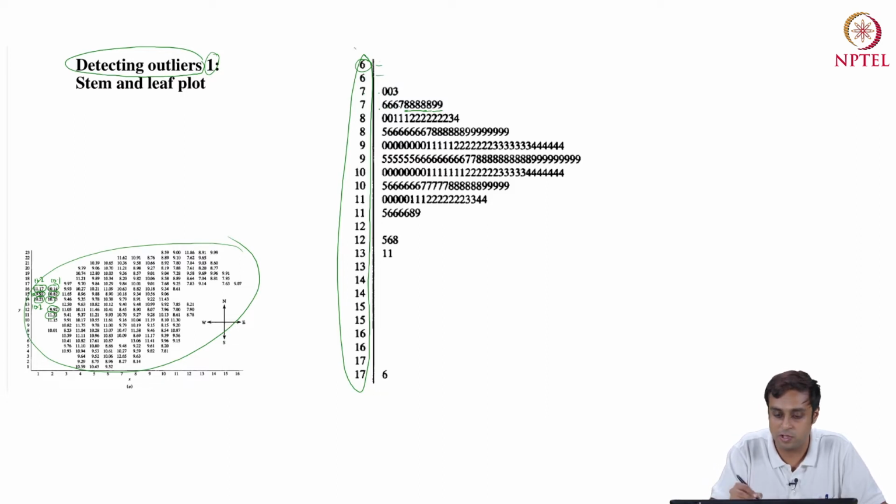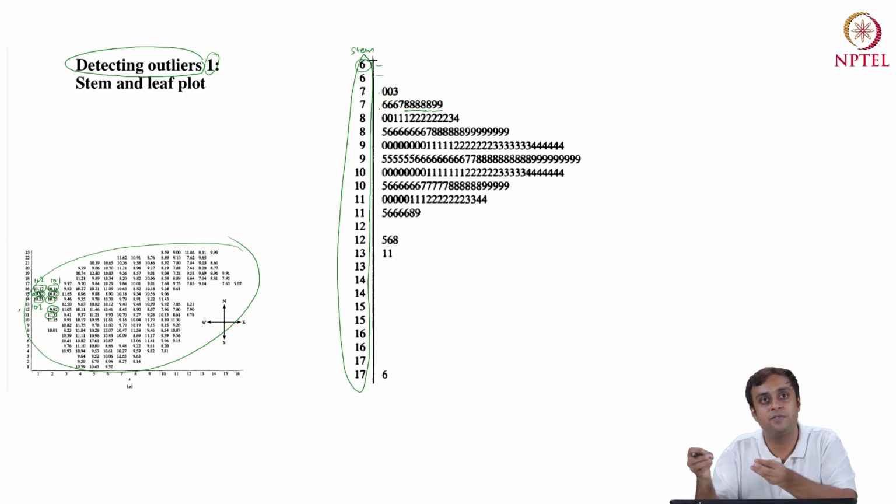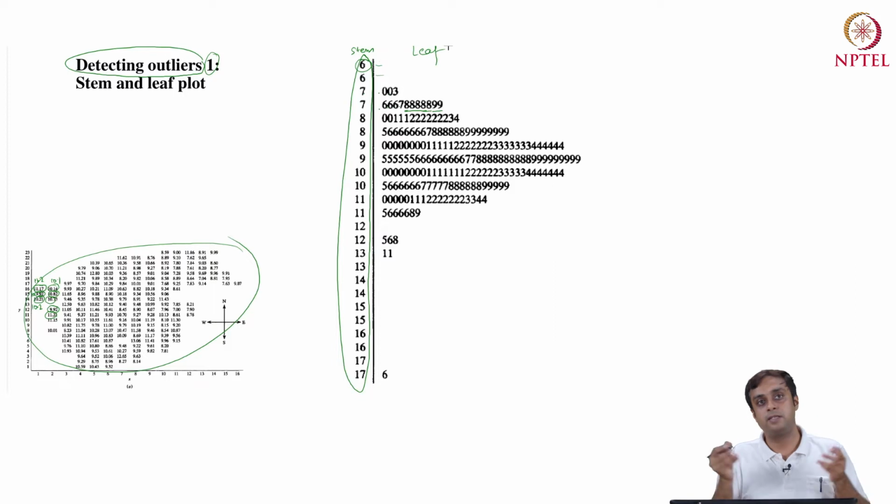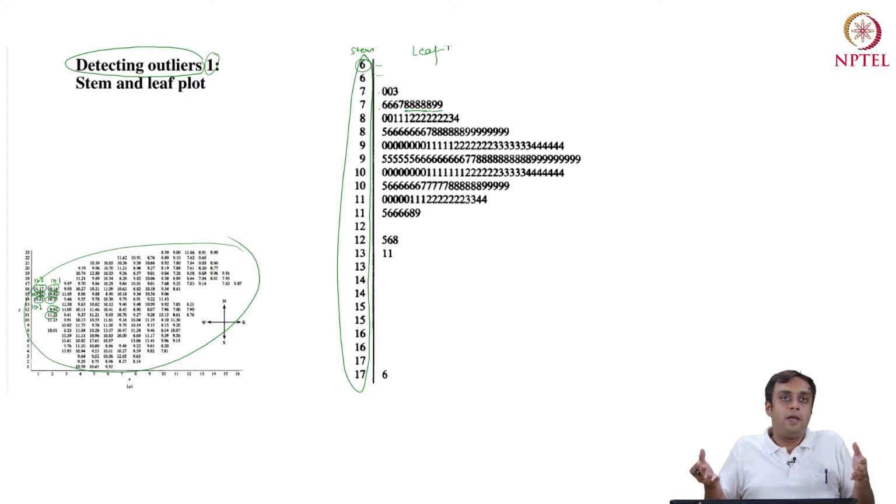stem and leaf plot, which is called the stem. The values on the right hand side are a collection, which is the frequency count using the first order decimal value on the right hand side of the decimal point, and that is called the leaf portion of this stem and leaf plot. Like I said, we can simply draw a histogram and we will get the exact same understanding of this entity.